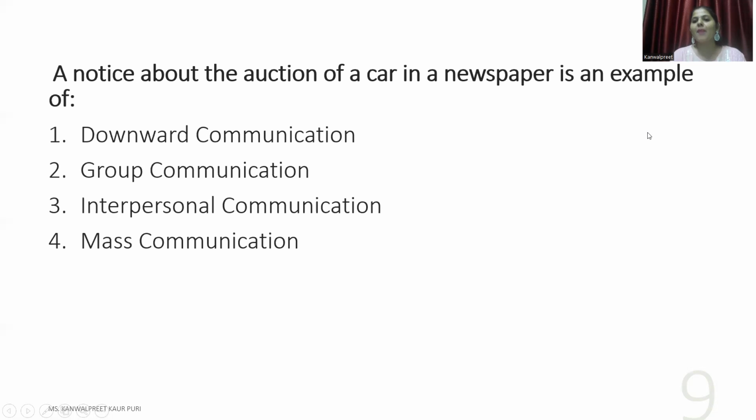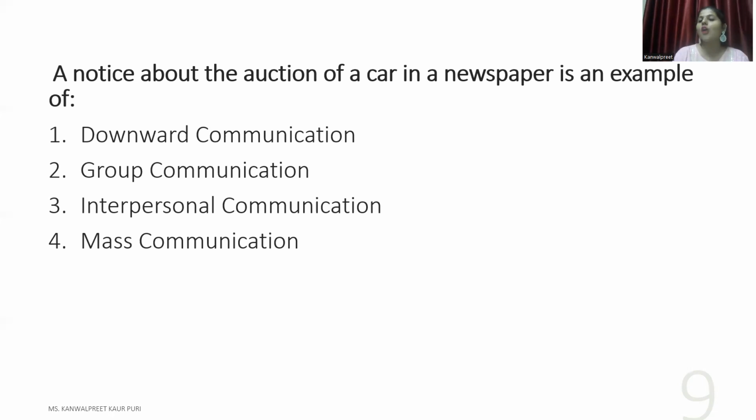See, newspaper is itself a part of mass media, where we don't know how many people are going to read it. We don't get easy feedback because we don't know how many. Now there is a movie being telecast. We don't know how many people are actually watching it. And it is very difficult to track other than if you have a system of tracking. And it is also very difficult to get a feedback. So here the correct answer becomes mass communication. Why? Because a notice is given to all, and newspaper is a part of very much of mass communication. So where infinite audience, you got the newspaper or you happen to see that advertisement, so you become the audience for it.